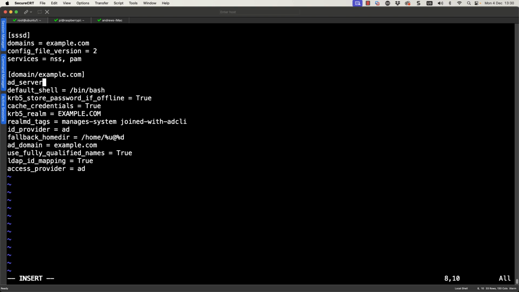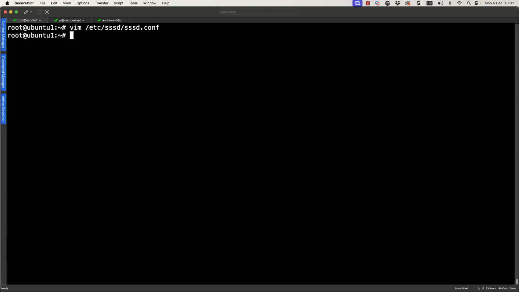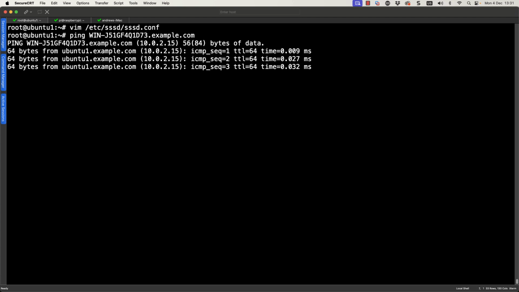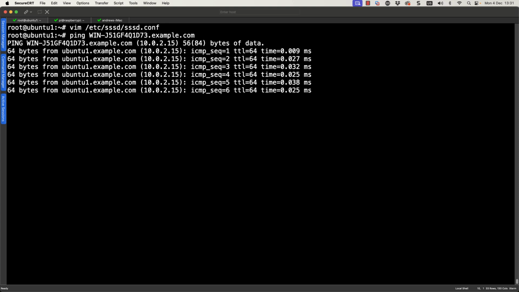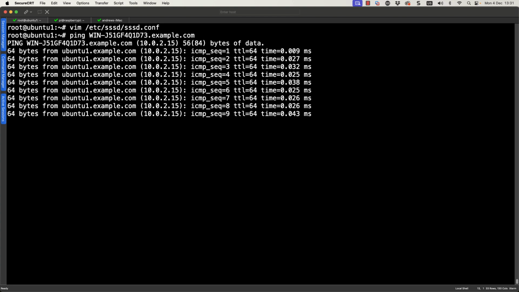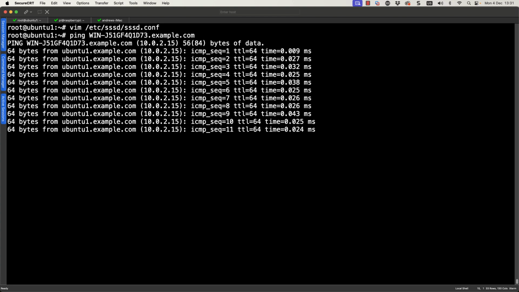So we can add in the equal sign, and I'm going to paste in my Windows server name. I just left it at the default name, so it's got a horrendously difficult name, but there you go. Now, I know I should be able to resolve that through DNS, but it's just because we share a similar interface between the Ubuntu system and the Windows system. You'll see here when I ping my Windows system in example.com, it comes back with ubuntu1.example.com because we share the same interface. This is just the networking that is used on VirtualBox.